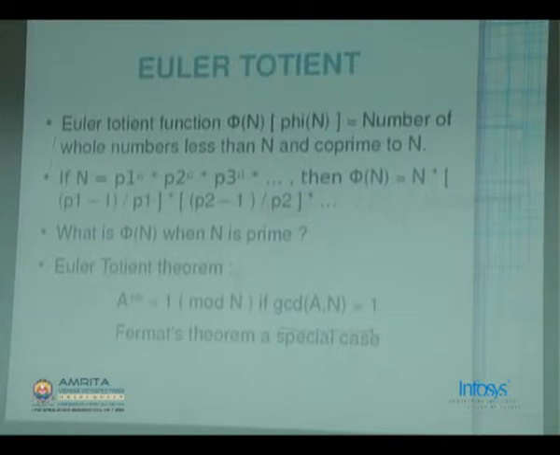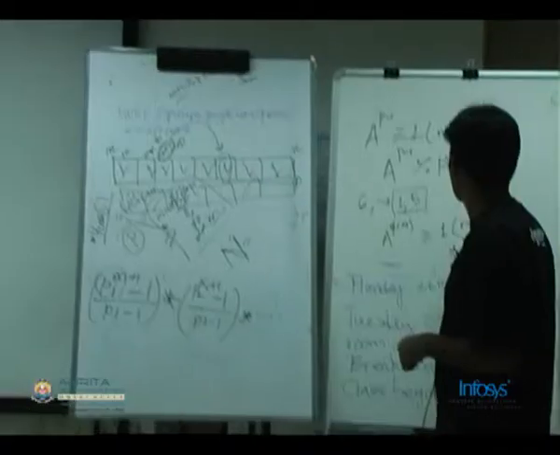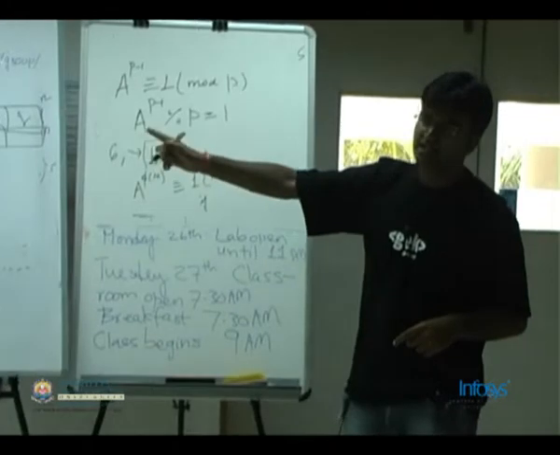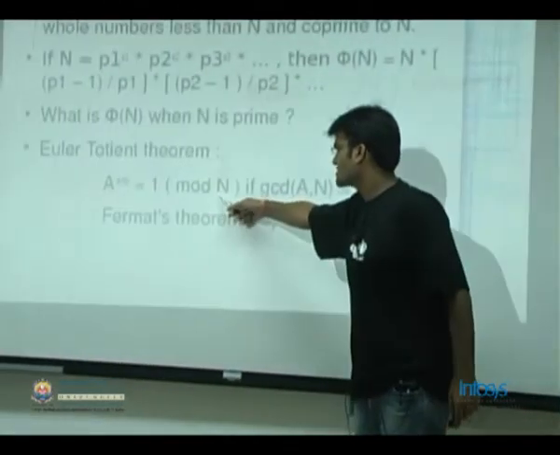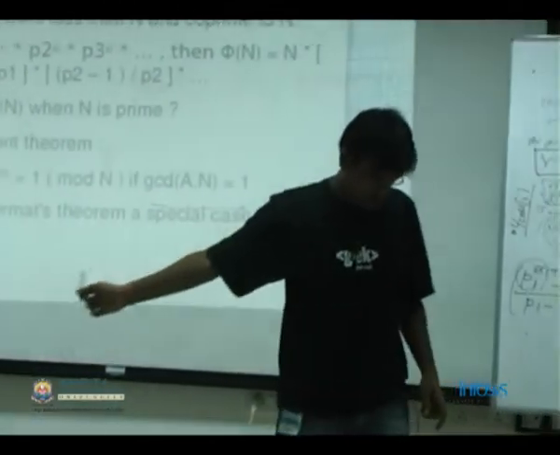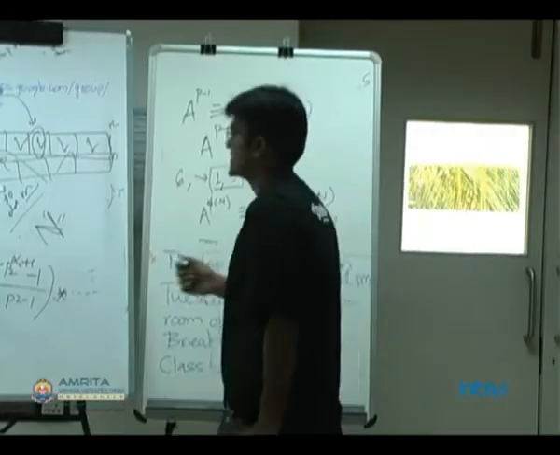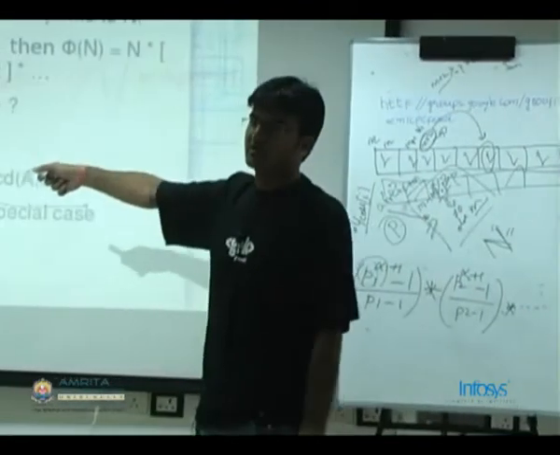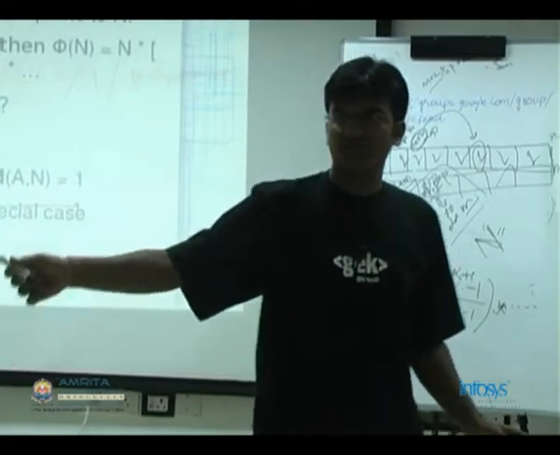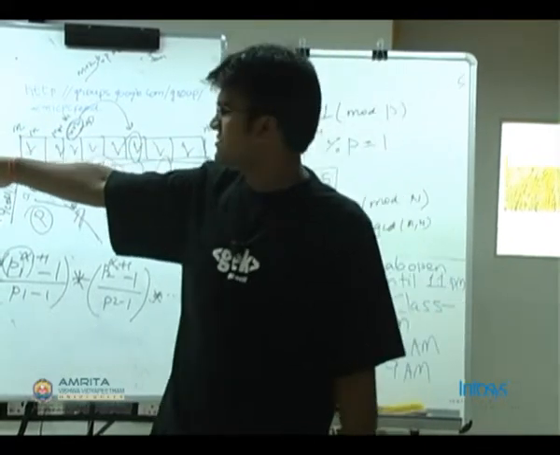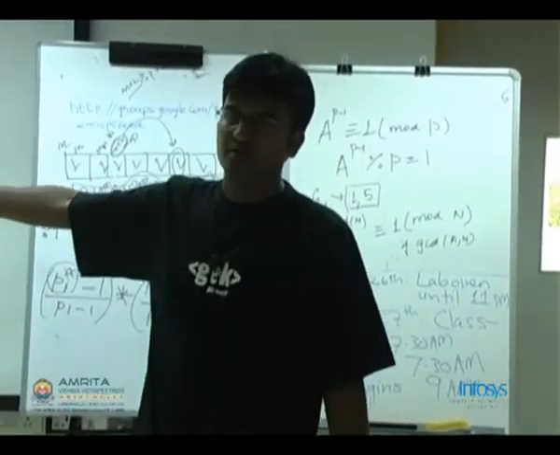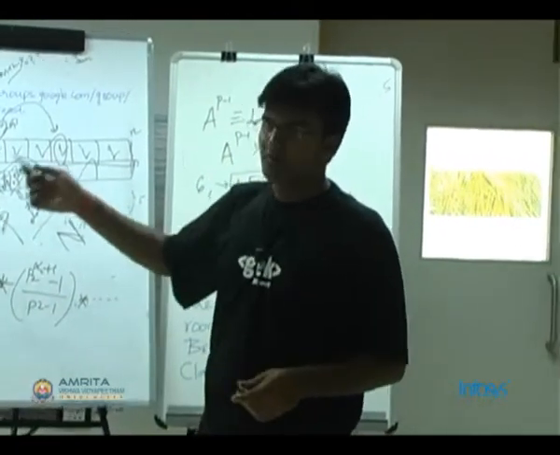So Euler's theorem says that for a number a, a to the power phi n is congruent to 1 mod n if and only if GCD of a comma n is 1. That is a very important relation to note. This theorem holds if and only if GCD of a comma n is 1. If you put n as a prime here, you will get Fermat's theorem that we had in the previous slide. If you put n as prime here, phi n will be equal to n minus 1. So you will get a to the power n minus 1 is equal to 1 mod n. We'll be using this later on.